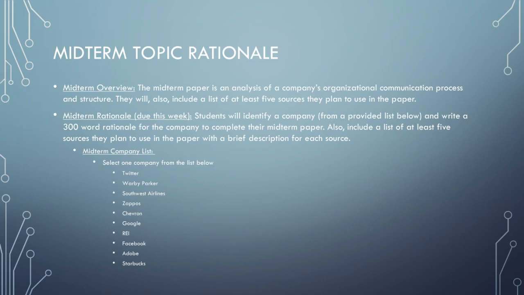And what do I mean by brief description? I mean I want to see about 2 to 3 sentences that tell me what that source is and how it relates to your topic. I am looking for scholarly sources. I'm looking for scholarship that shows organizational structure and things of that nature that relate to maybe some areas you may want to identify in your paper. So that's what I'm looking for.